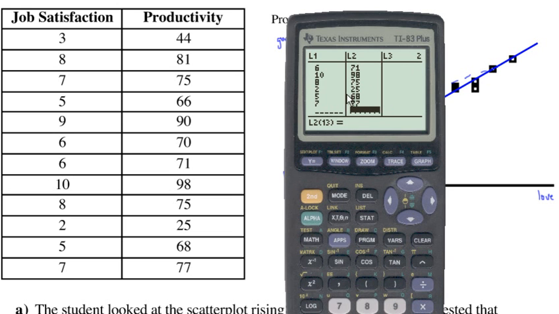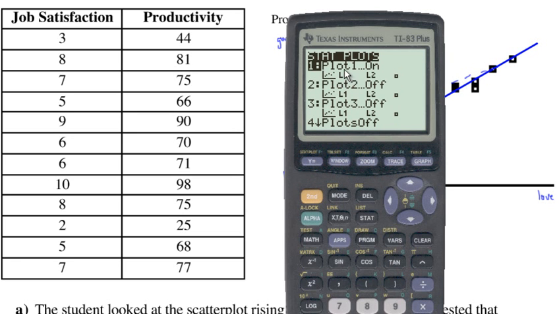The lists are the same length, so I don't think I forgot anything. I'm just going to double check these. 25, 75, 98, 71, 70, 90, 66, 75, 81, 44. I think we're probably good. All right, so